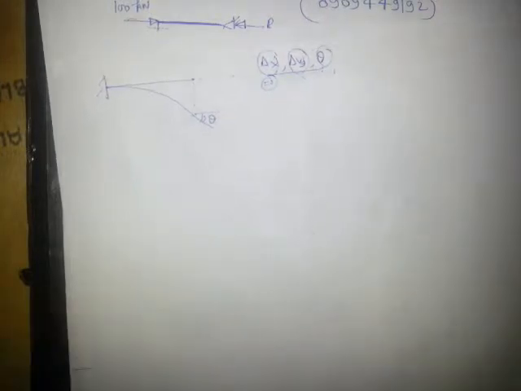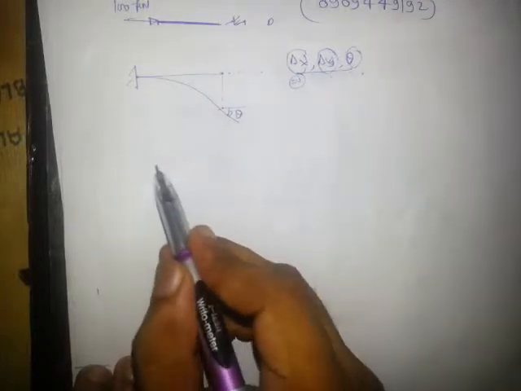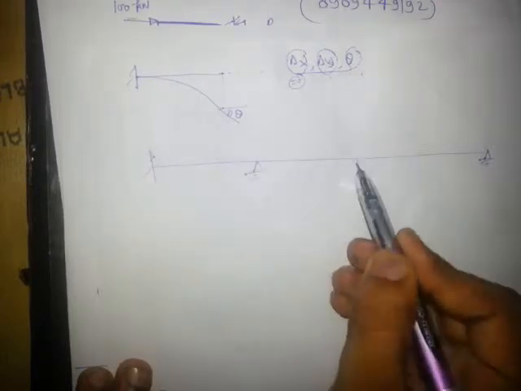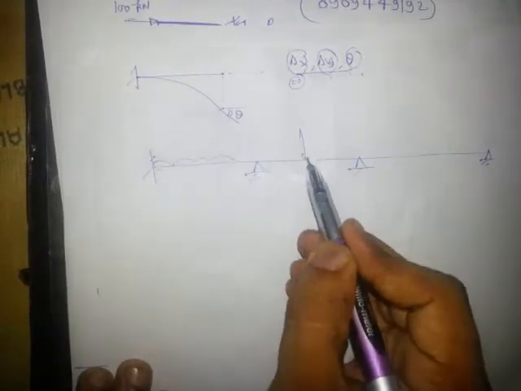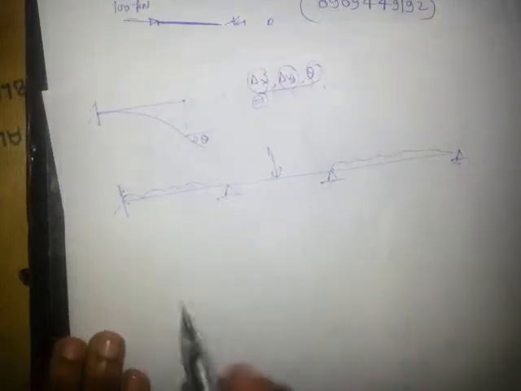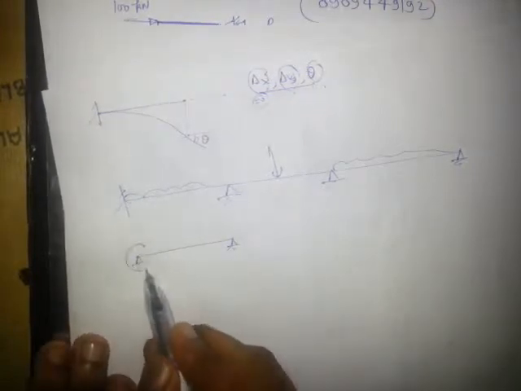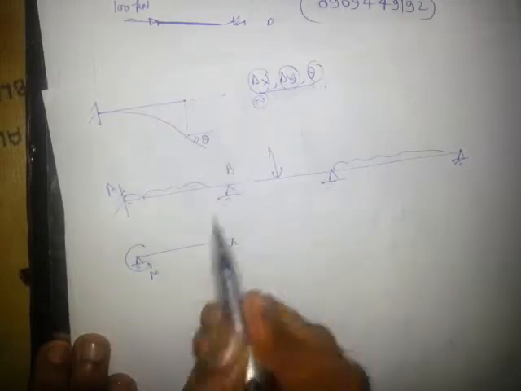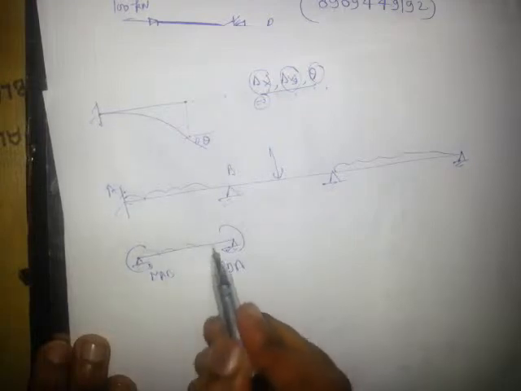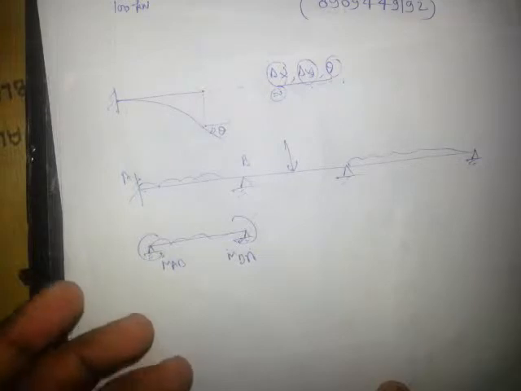Now what is the meaning of the slope deflection method? Actually what is our aim? This will be the same beam like this. Our aim is, for a beam, we have to draw the BMD. Now how will we draw the BMD? We say that we will break it into simply supported and end moments. Let us suppose this is A, this is B, this is MAB and this is MBA. If one person comes and gives me these MA and MB, I will be in a position to draw the BMD.